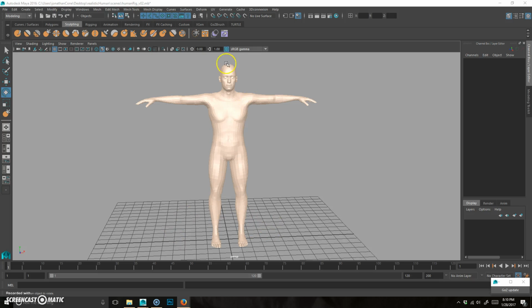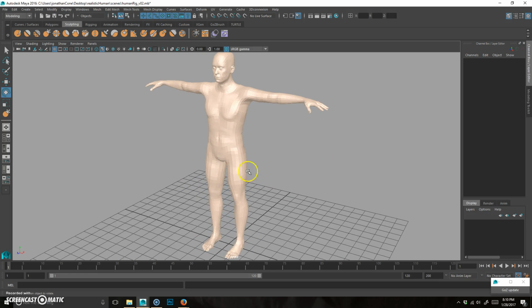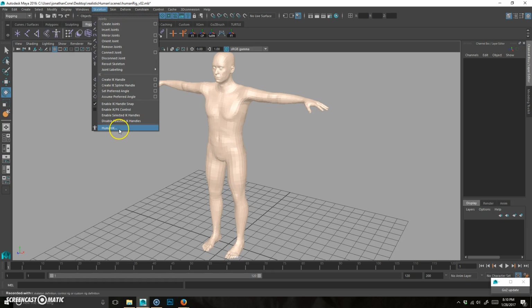Alright, so now we have our model. We need to rig it. So I'm going to use the human IK in order to rig this model. To do that, you're simply going to switch from modeling or whatever you're at to rigging. You can also get it here. You can push on this button. Or if you go to skeleton, human IK,